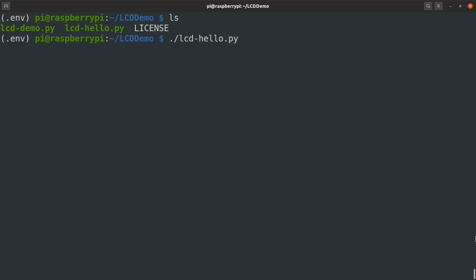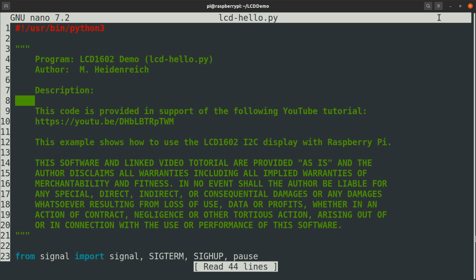Let's have a look at my shebang. This shebang bypasses the virtual environment and uses the system's Python version, possibly leading to errors. Instead, use the env program to set it up. This shebang automatically selects the correct interpreter, whether in a virtual or standard environment. This syntax is the recommended approach for Python scripts on Linux today.